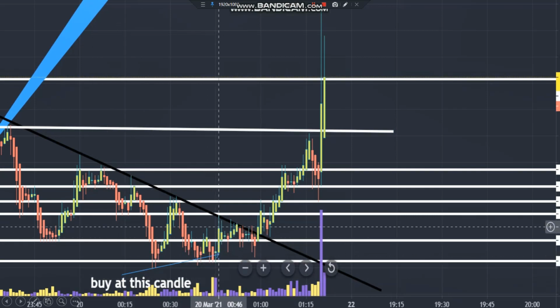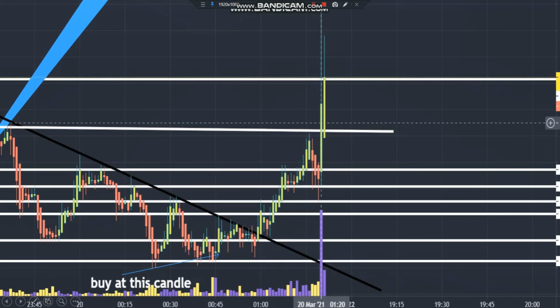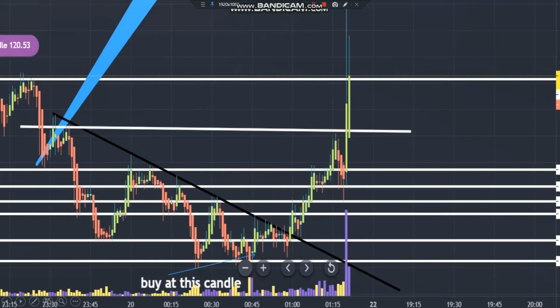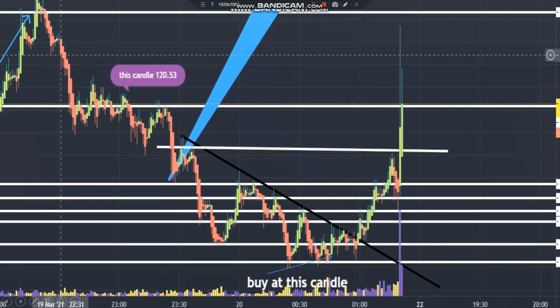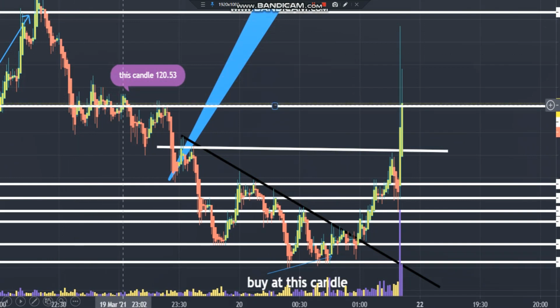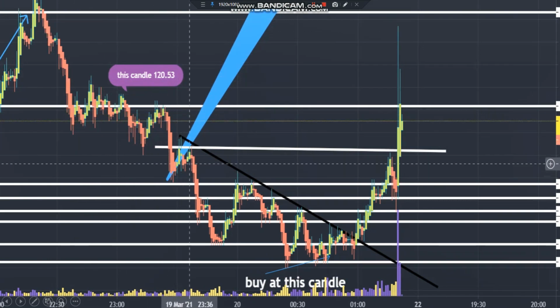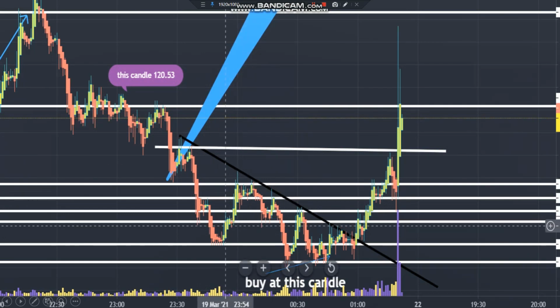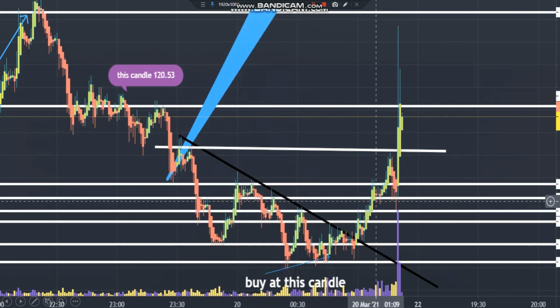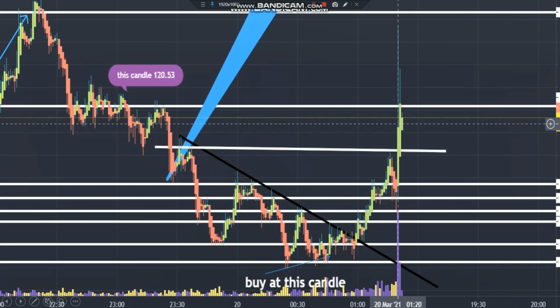So this was the candle which we asked them to buy, and look at the move after that candle. It has been phenomenal. So this kind of moves happen, and the basic purpose of this video is just to show you the performance of Heikin-Ashi candle. You see these red ones, it shows the direction. Now it is range bound. Then again it breaks down. These are all red ones. These green ones are going up. So this is the trend it is showing.